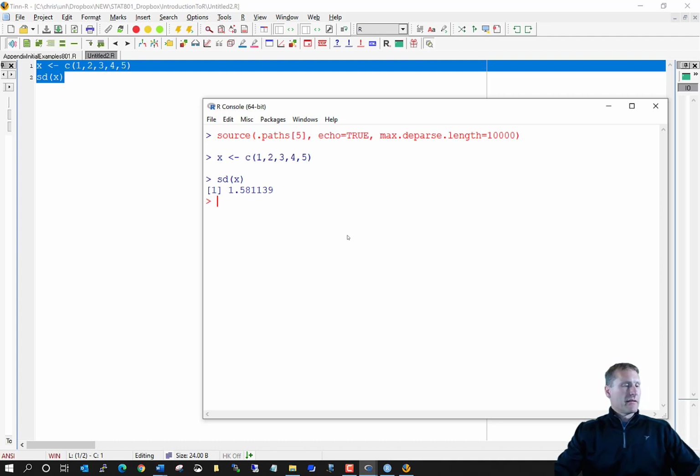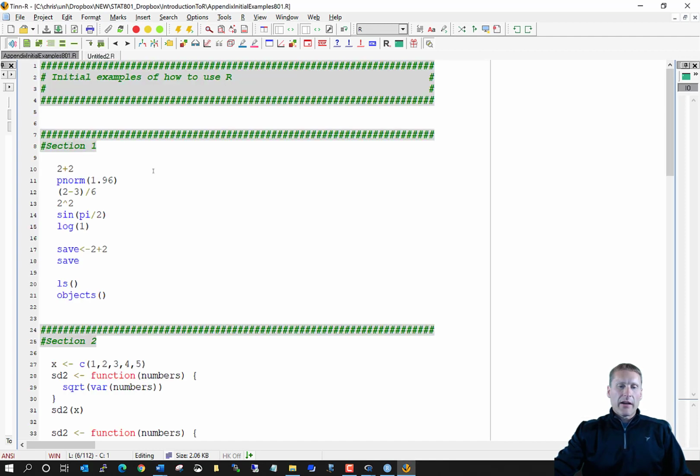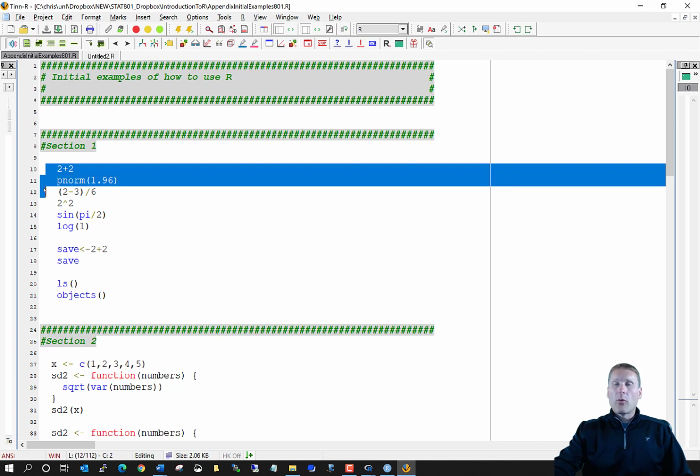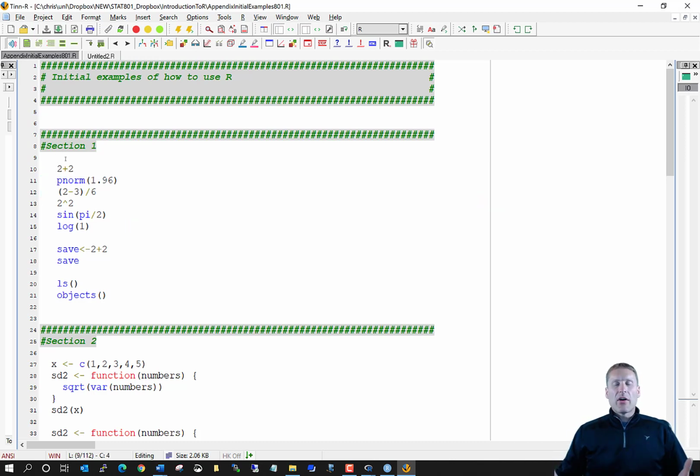Let me see my notes here to make sure I'm talking about everything that I want to. So here is a program that I've written that contains all the code that we saw in a previous video. If you remember, for example, when we did 2 plus 2 or P norm 1.96 and so on. And you can see here's all the code, and you can see the nice syntax highlighting that